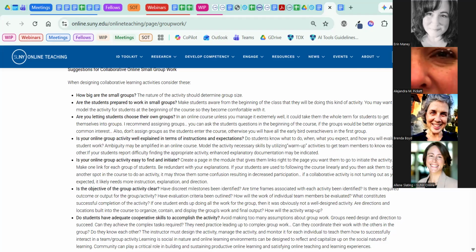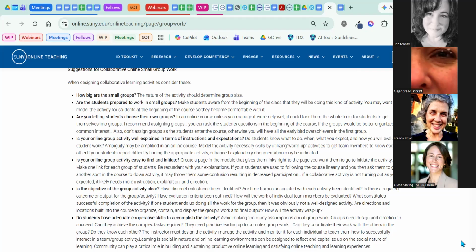how well the instructor has articulated the expectations and the instructions for the group work, how easy it is for them to get started, what the point of the activity is. Is it clear? Do they understand what they're doing, why, or where they're supposed to do it, what the outcome is supposed to be?